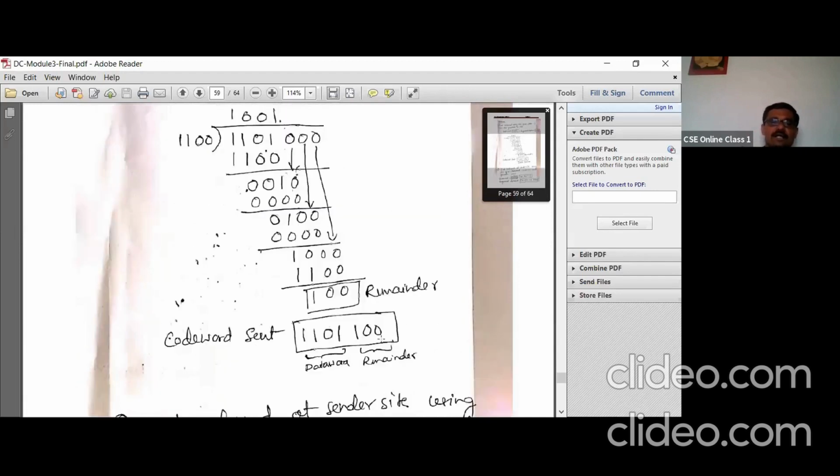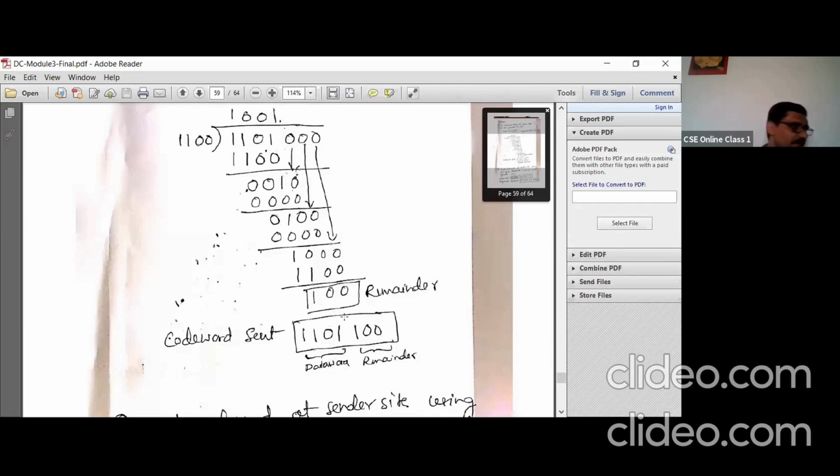You can check what you have to do on the receiver side. If you want to check, there are two cases. One can be homework. The first case is the receiver receives the code word without error, meaning the same thing is received. You perform the division operation using the same divisor and you will get a syndrome value of all zeros.